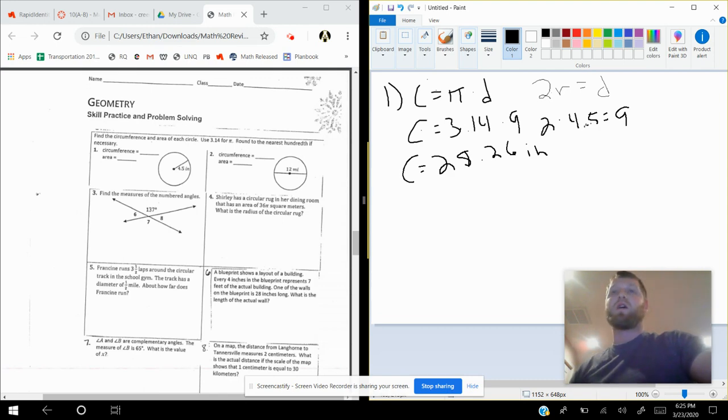And that is a little more legible than I had imagined, which is good. I thought it'd be worse than that, but it looks pretty good to me. Okay. All right, so that's circumference. Now we've got to find area. Area